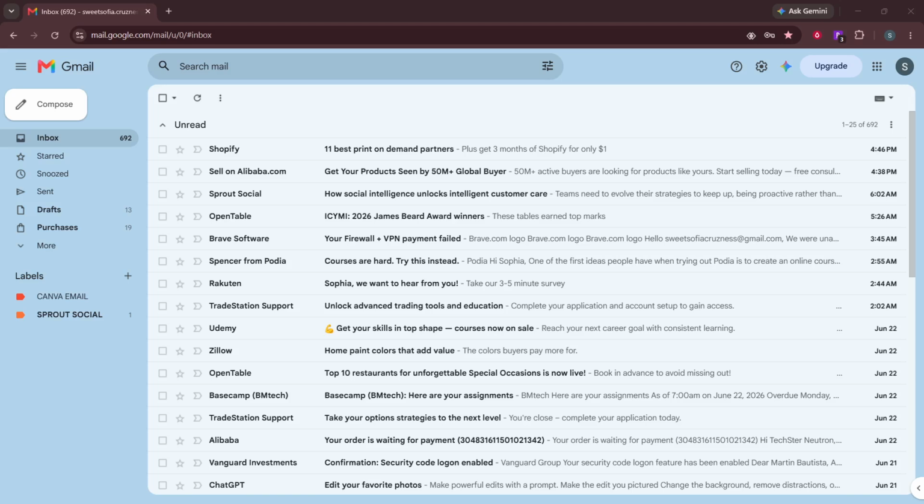Once you've completed these prompts, you should see confirmation messages indicating that your custom domain has been successfully integrated with Gmail. This is a great moment because it means you're now set up to send and receive emails using your custom domain straight from your Gmail account. With everything set up, you can now enjoy the seamless experience of managing your professional emails through Gmail.